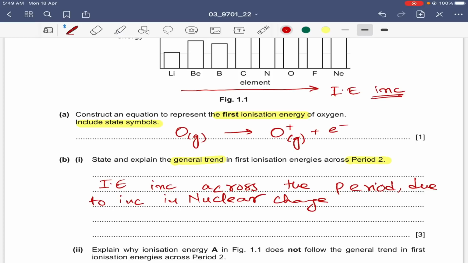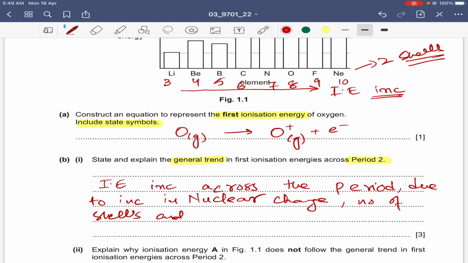right? As we move from lithium to neon, lithium has 3 protons, or its atomic number is 3, then beryllium 4, boron 5, carbon 6, nitrogen 7, oxygen 8, fluorine 9, and neon 10. So the number of protons is increasing, and because the number of shells is the same, they all belong to the second period, that means they all have 2 shells, right? So the number of shells